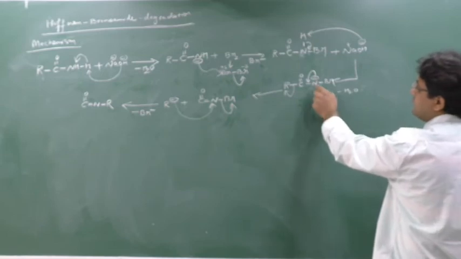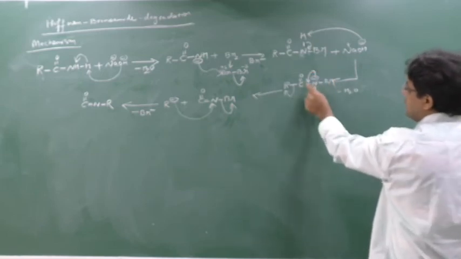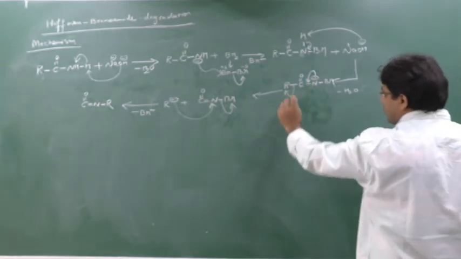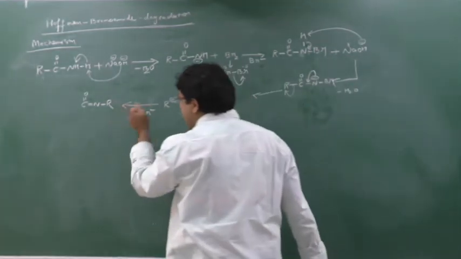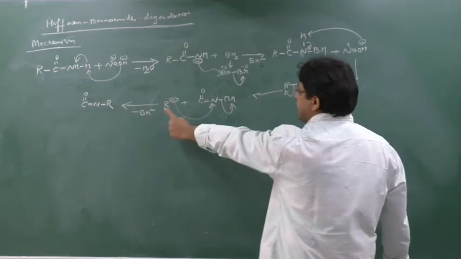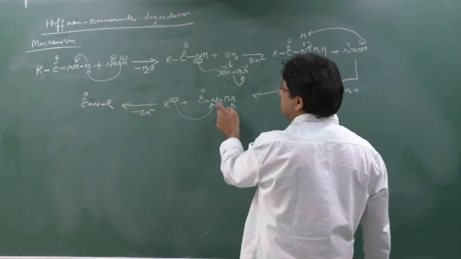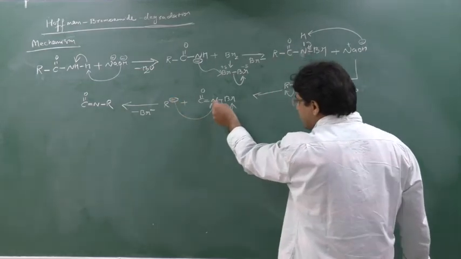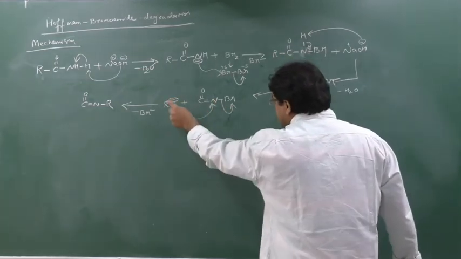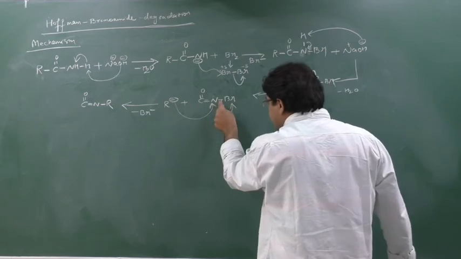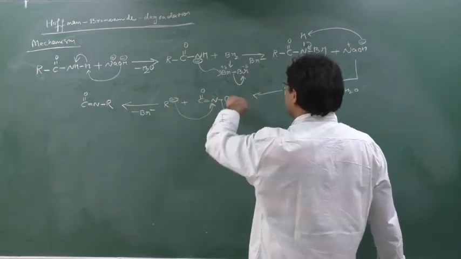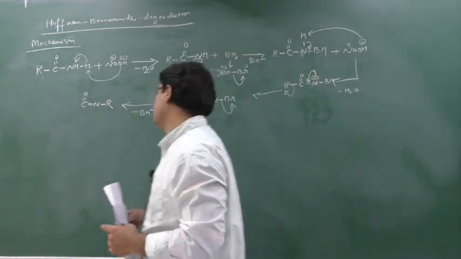This nitrogen will release its negative charge back to this carbon. Carbon will make a double bond. So to make a new bond, all bonds should be broken. So R minus will be released. Now again R minus wants to join. So this R minus, this nitrogen is having the space, and this is having the excess electron. So this nitrogen will donate its lone pair of R to this nitrogen. So nitrogen will break a bond. So nitrogen is making a new bond with this R. So all bonds will be broken. So Br minus will be removed.